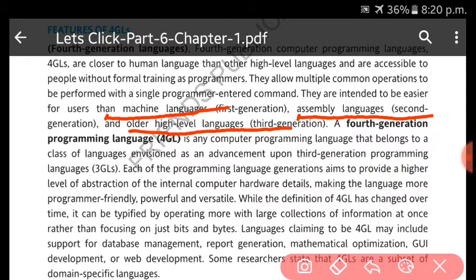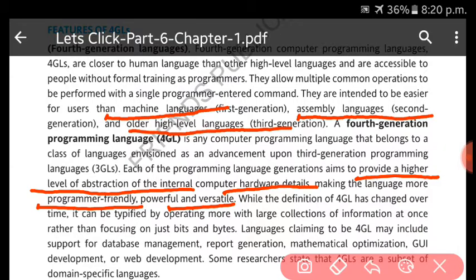Every programming language, whatever languages came in the generation, have more features that provide a higher level of abstraction of the internal computer hardware details. It means providing more features, more programmer friendly, more powerful and more versatile, whatever languages came generation wise.